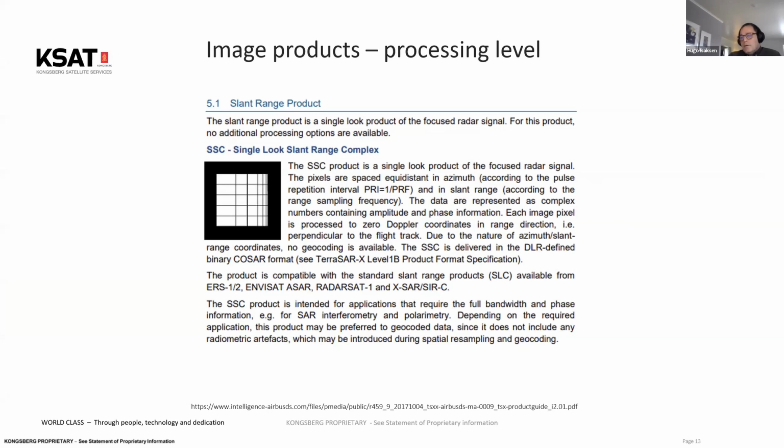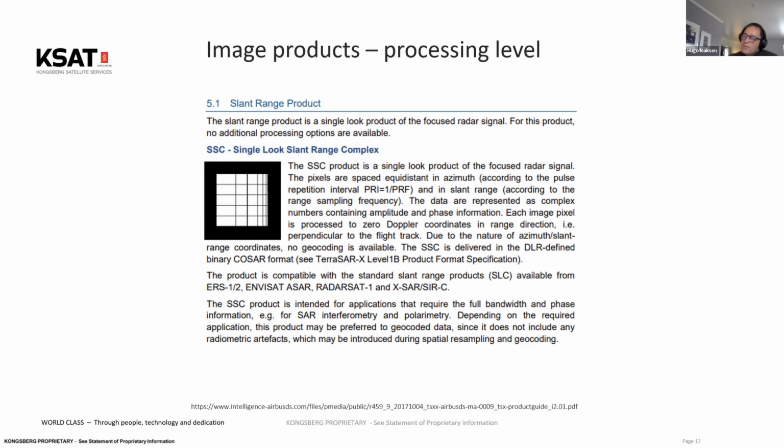You can also have information about how you process and the image products you choose. There are 4 or 5 different image products, which are the normal ones. The single look product is the highest resolution, used for SAR interferometry and for polarimetry. But it's not easy to look at, and it's the image product you use for